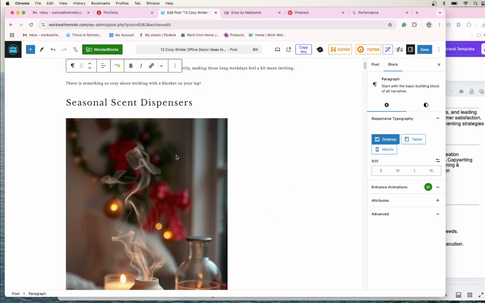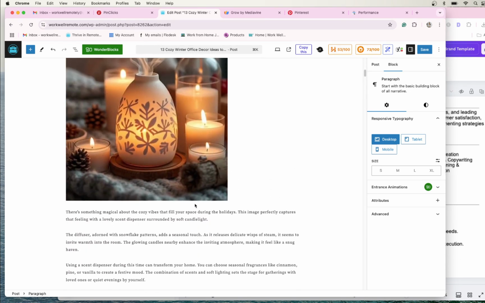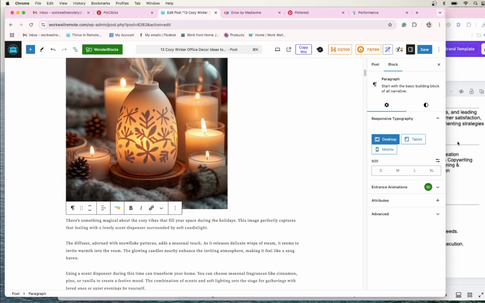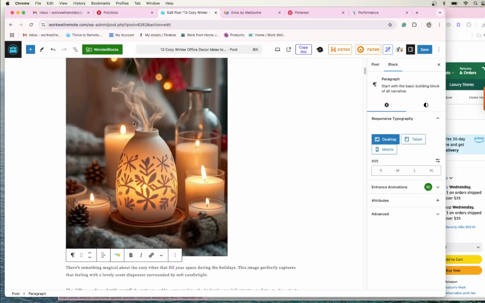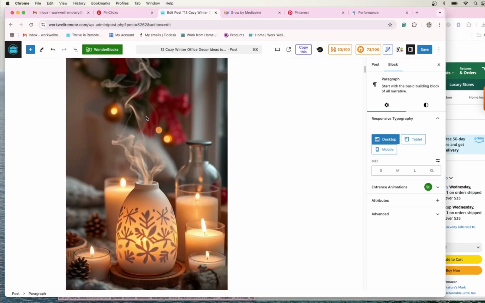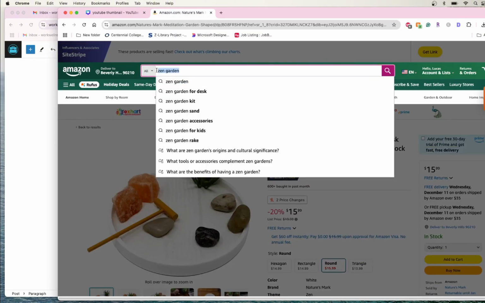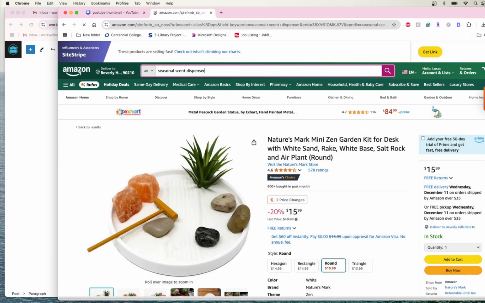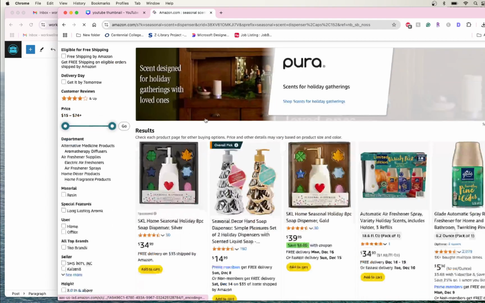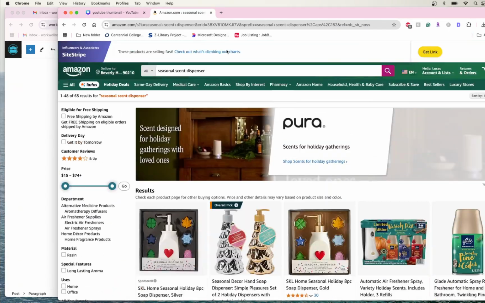So first thing here is we have a scent dispenser. I already know that I have a scent dispenser as part of my Lasso tool, but let's see if we can find one that fits it a little bit better, which is a seasonal scent dispenser, and see if we can find that on Amazon. Dispenser. I don't know if we'll find something that's seasonal for it. Let's see, seasonal